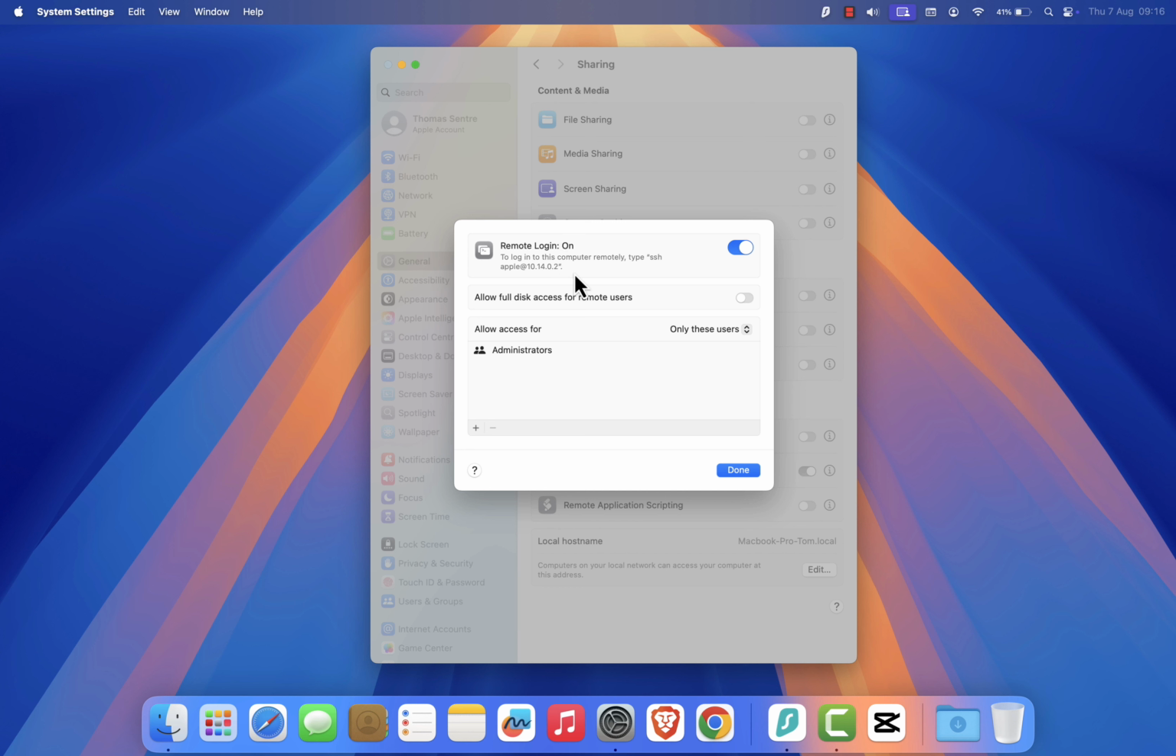You'll also see some important options. Allow full disk access for remote users. Allow access for... You can limit access to certain users. By default, it's set to administrators, but you can change it to all users or manually add specific users using the plus button. Once everything is set up, you can use the login details shown to connect to your Mac